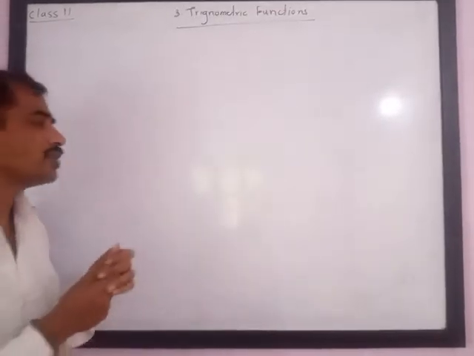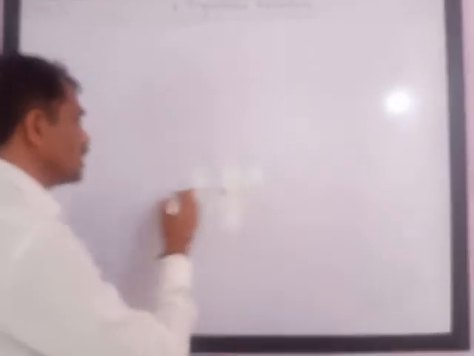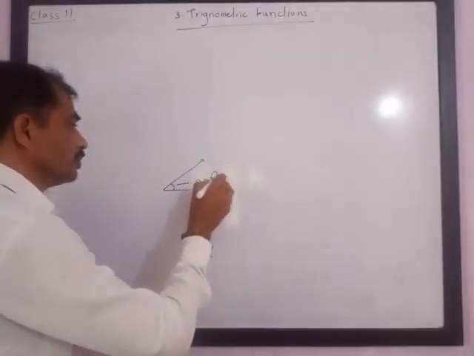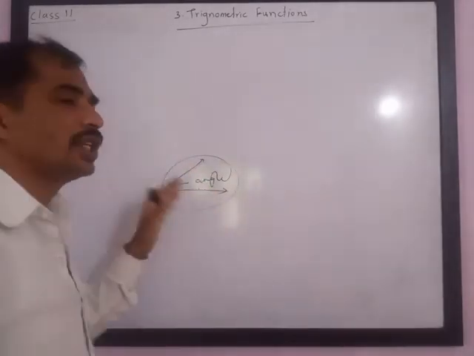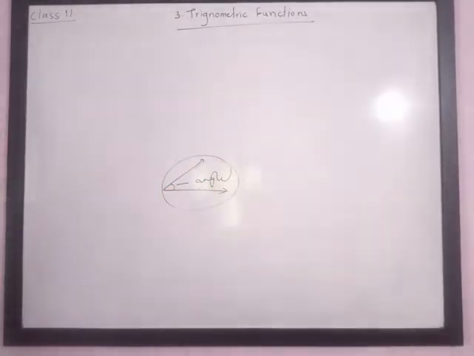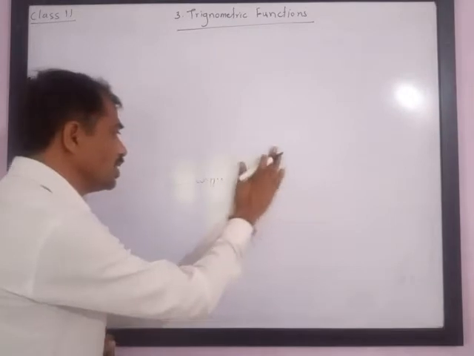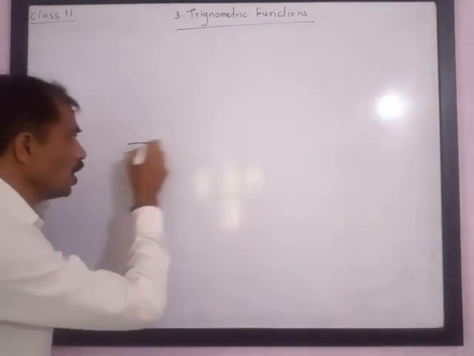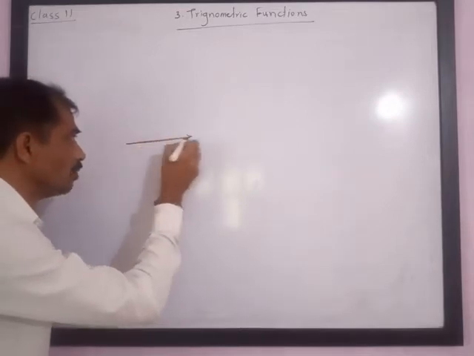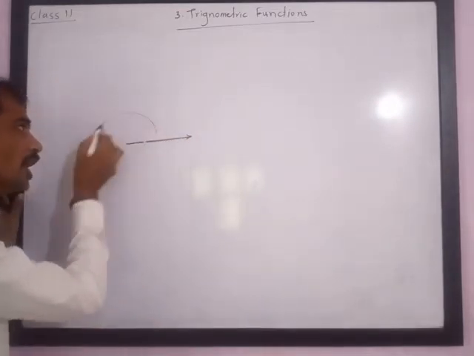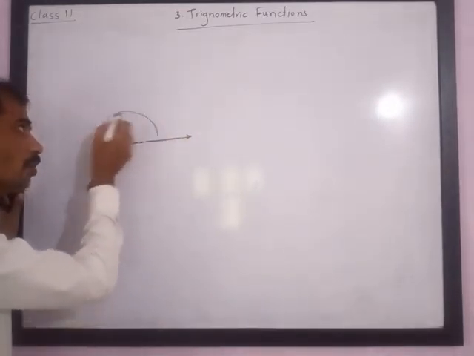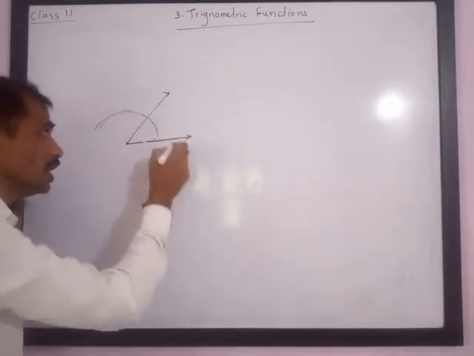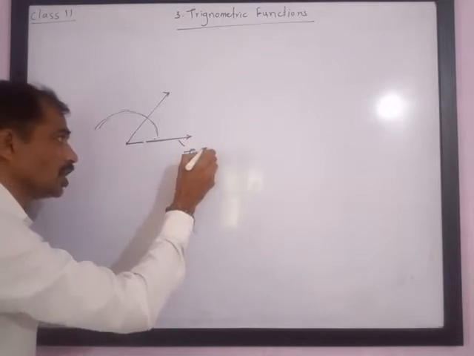Earlier you have studied that if two rays start from a single point, they form an angle. Now we are going to study this in more detail, so we are not going to use this definition. Instead, we are going to consider one arm as the initial arm. If this arm is rotated about a vertex, about the starting point, we will get some position.